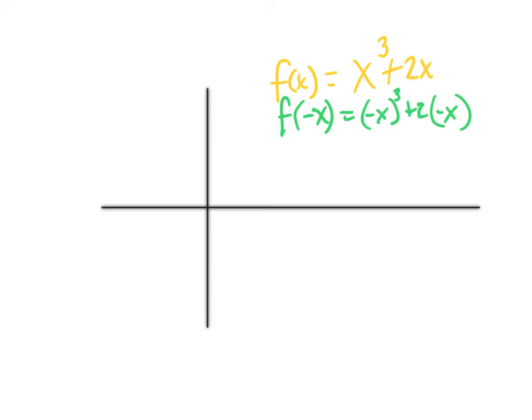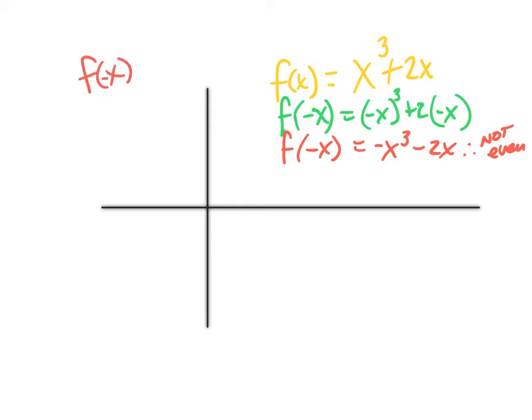And then once you clean it up, you have f of -x is equal to -x to the third minus 2x. And that right there proves that it's not what? Not even. Because if it was even, the rule is f of -x should come out to f of x. And that right there is not f of x. Okay, so then